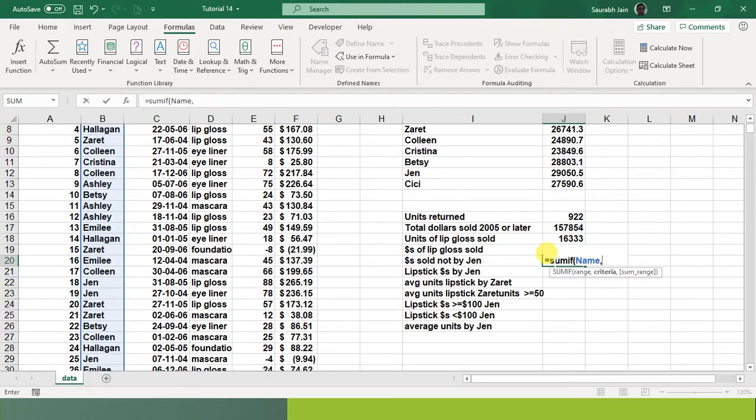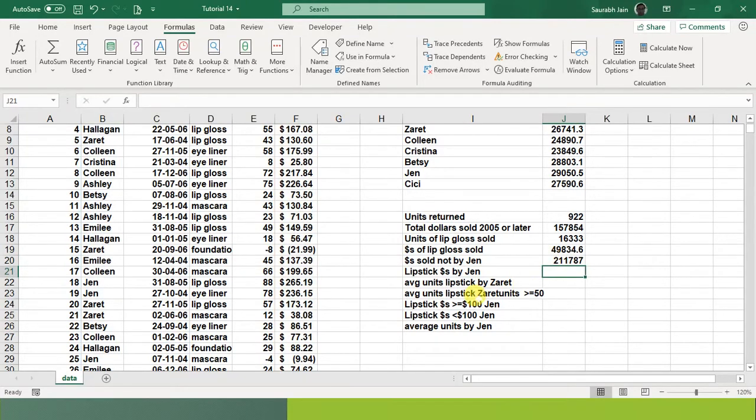So I say inverted comma, not equal to Jen. So I have set the range, I have set the criteria. Now what I have to sum? I have to sum dollars, comma, dollars. And now bracket close, enter. Here comes our answer.